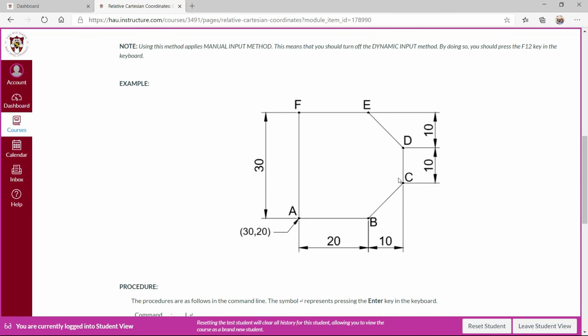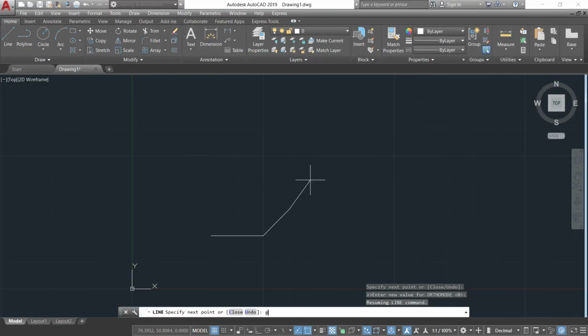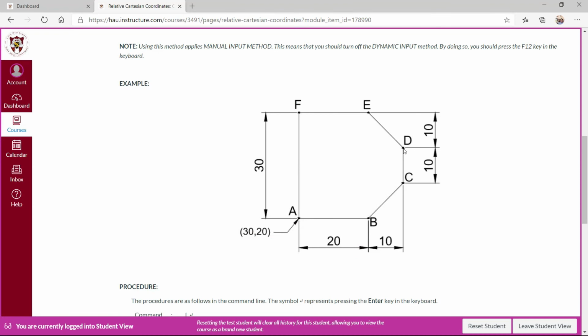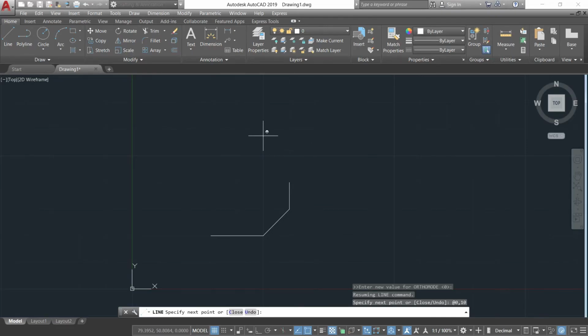The movement is purely vertical, that is 10 units, and there's no movement in x, so the x is 0, and then going up, which is positive. Now as you can see, this will be the origin, so for movement along x there's 10 units, but this is to the left side, so that is a negative 10 units, and then going up, that is positive. So I'll input the relative sign, then -10 and